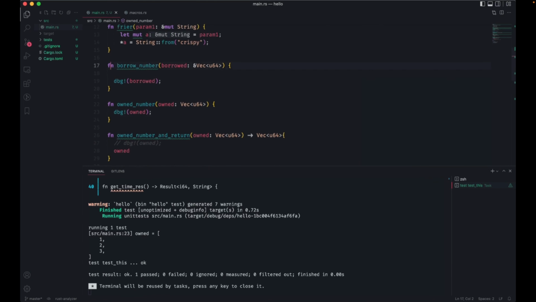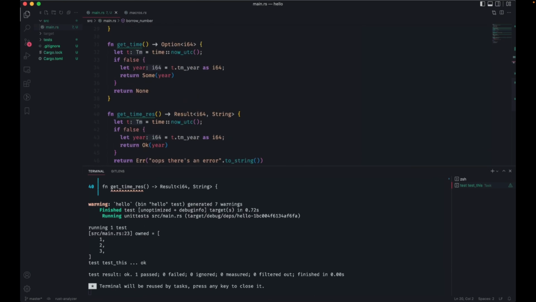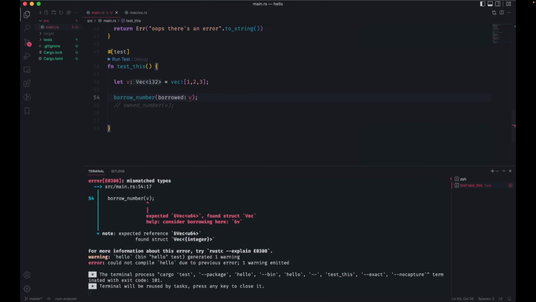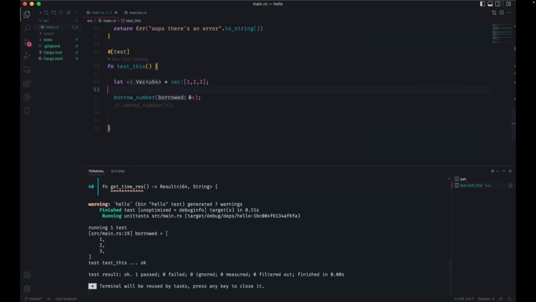Then for the borrowed one, if I tried to pass v directly, the compiler is going to catch this, because I'm passing an owned v into something that's expecting a borrowed one. It's saying, look, I'm expecting a borrowed thing, but you gave me the owned, original thing. So I have to put an ampersand in front of it for it to even compile.